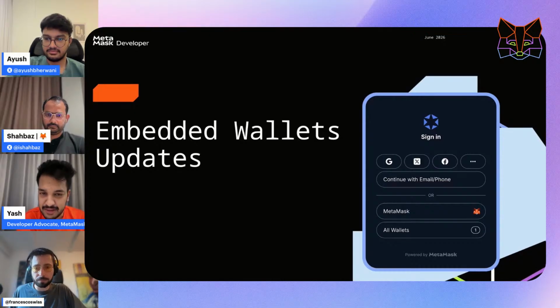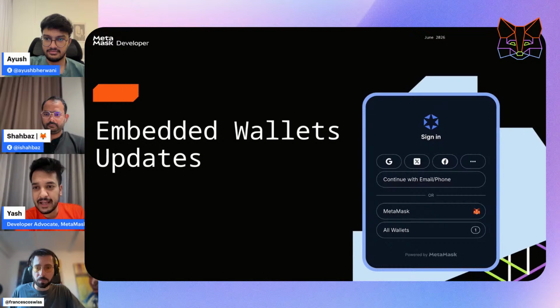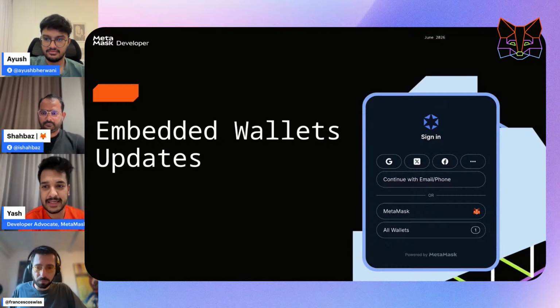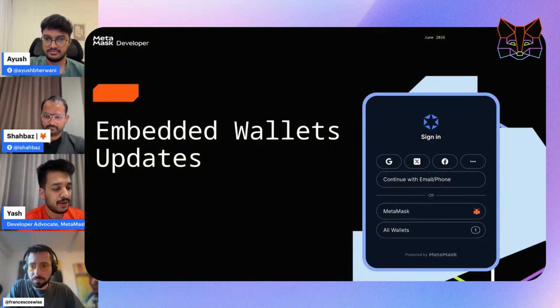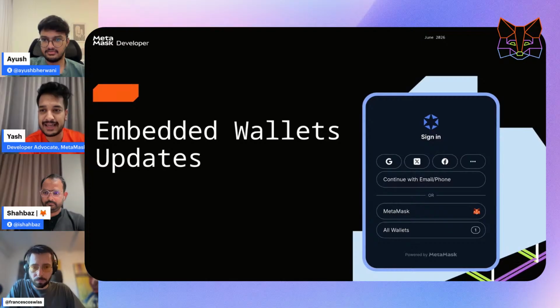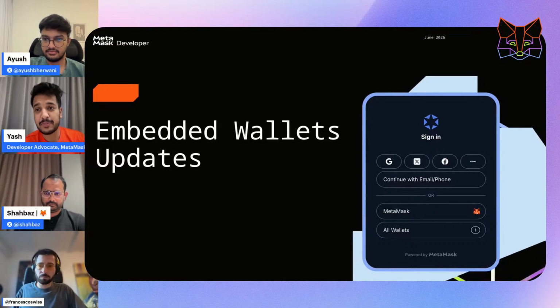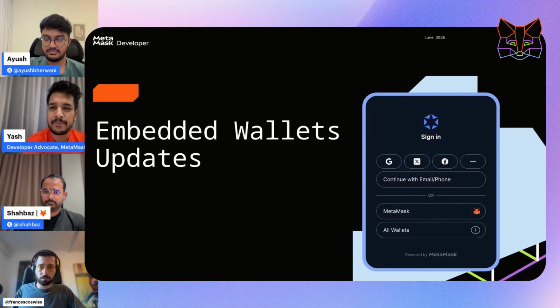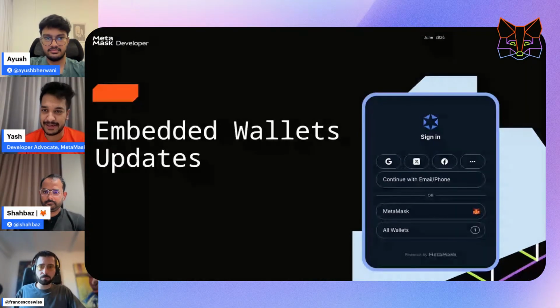Definitely. In the last community call, we shared about V11 being out, and V11 has been the biggest update to embedded wallets till now, including things like RBAC, more granular user control, and linking your different accounts. If you can log in via Google, you can just link your MetaMask wallet with it. That's insanely great if somebody is logging in for the first time and wanting to try out your app. So we are extending these updates now to the mobile SDKs, and that is the biggest update till now.